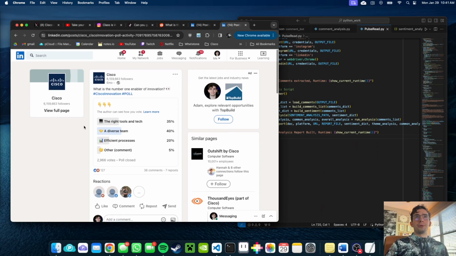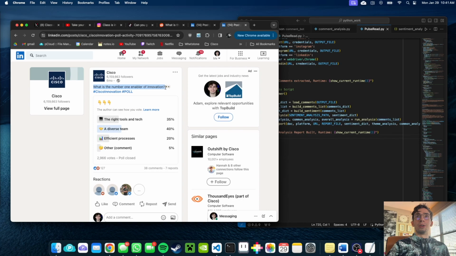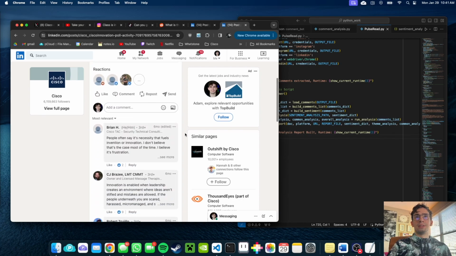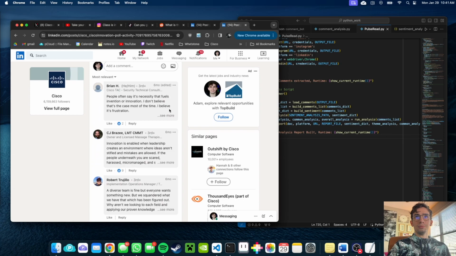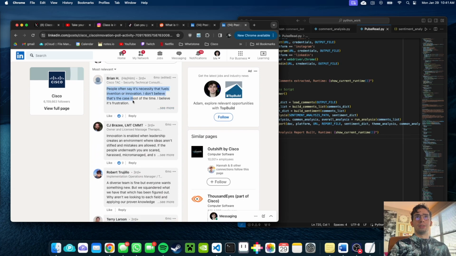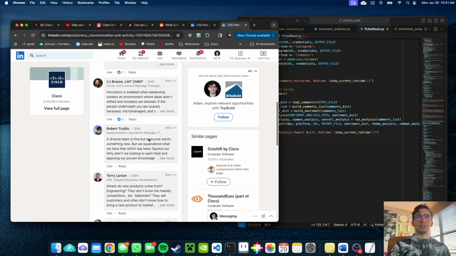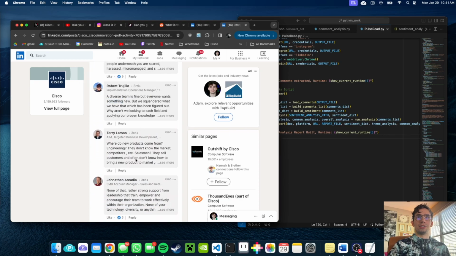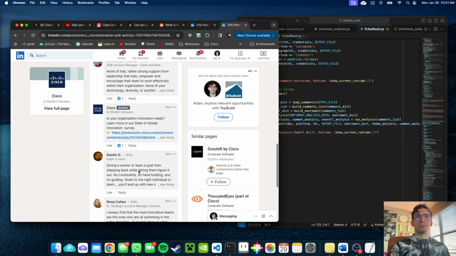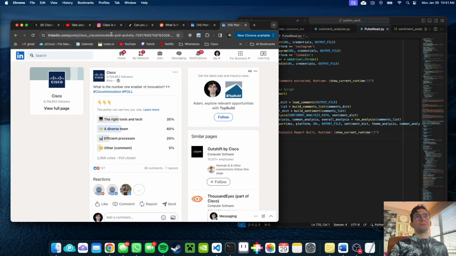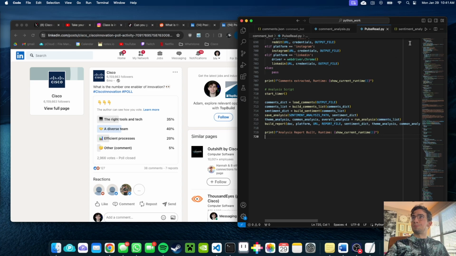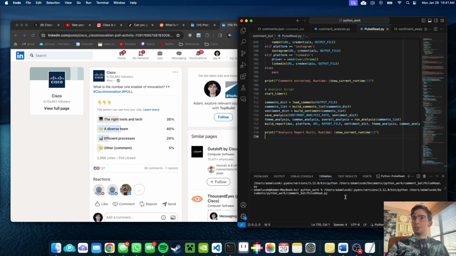I chose this poll from Cisco Systems that's talking about what is the number one enabler of innovation. And the reason I chose this one is because people talk a lot about different ideas. They talk a little bit about their frustrations, what they're interested in, what they think is useful, what they think is unuseful. So it could be useful for someone who's working in marketing, who's looking to either further uncover different themes or further look into the discussions going on in these polls to run it through a program similar to mine. So to start this out,